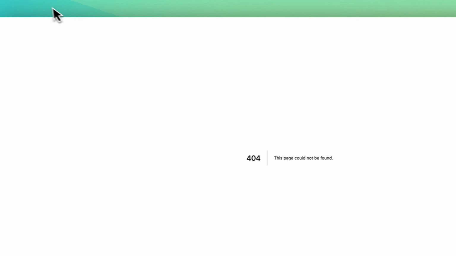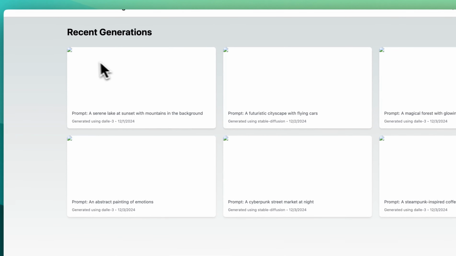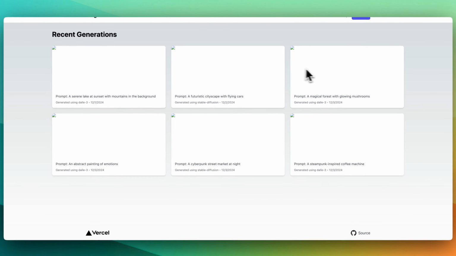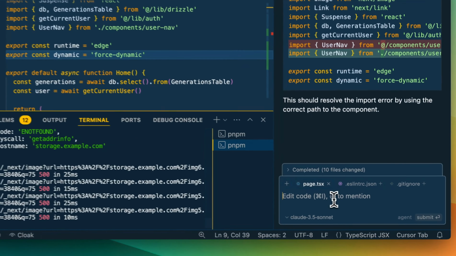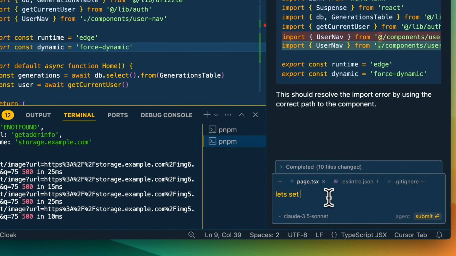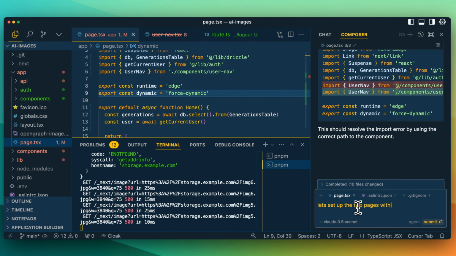We have the gallery page that isn't set up yet, also the generate new, which isn't set up yet. We have recent generation. This is across the board. Now, probably not something that we want unless you have a tier where it's like public images that you generate or something. Now let's go back, and I'm going to say, let's set up 2 pages within the navigation now,